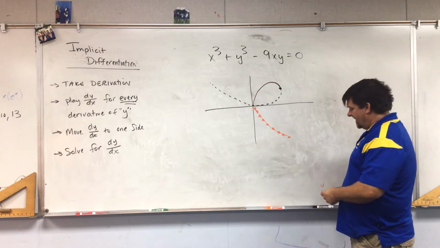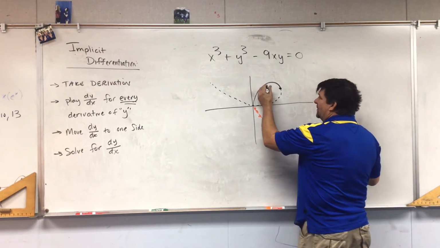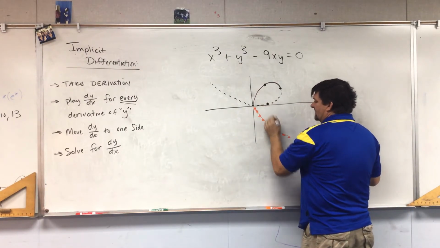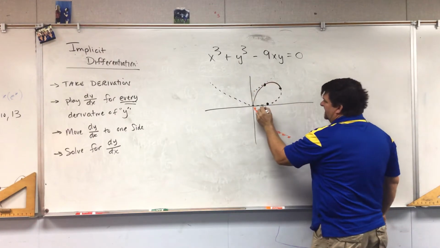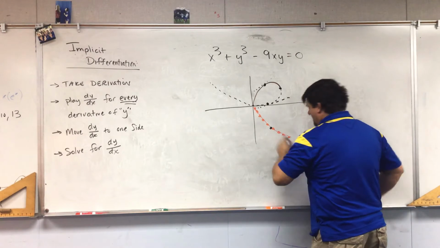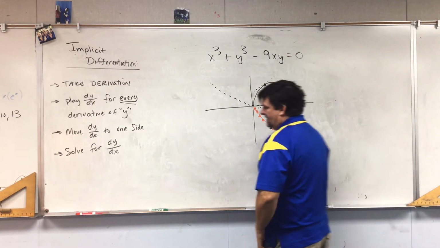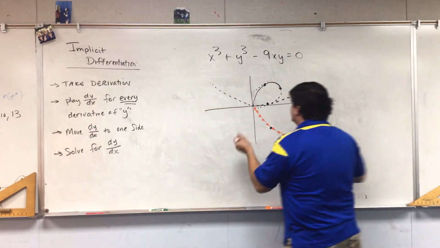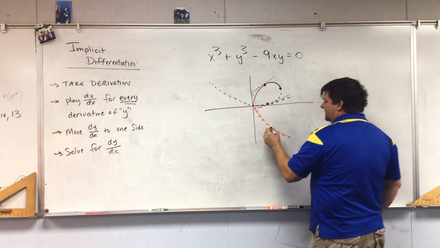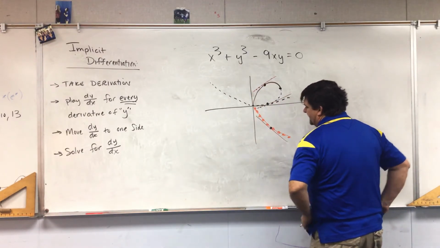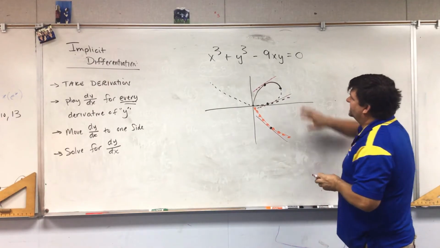So I could find the slope at these 3 points, here, here, here. I could find the slope of this one, I could find the slope of that one. I should probably do it in some sort of different color. I could find the slopes here. But the problem is that these are hidden, so I don't have a direct path